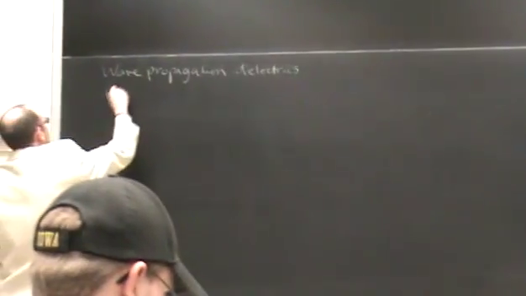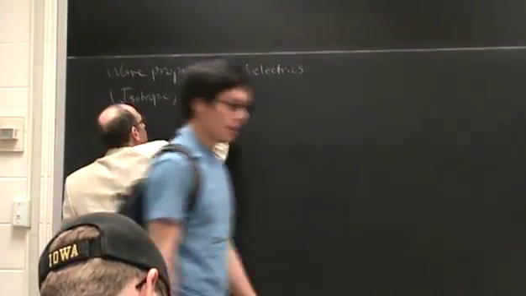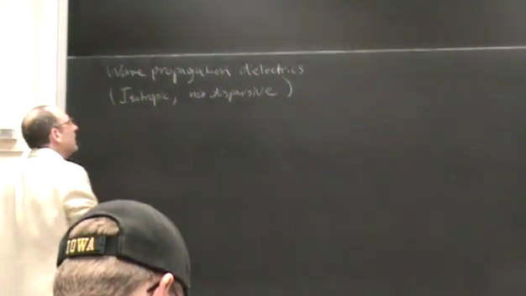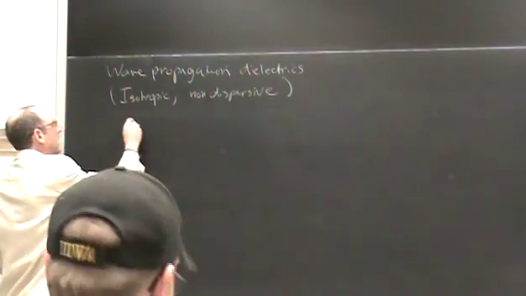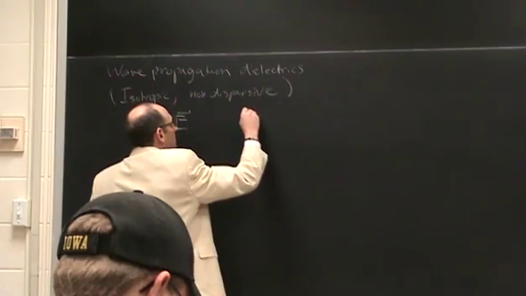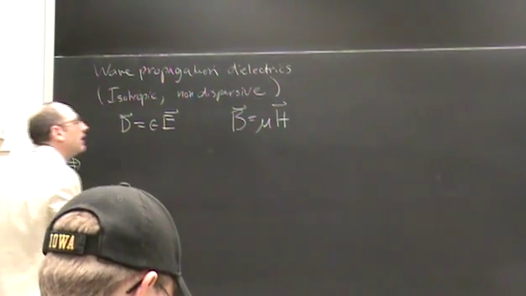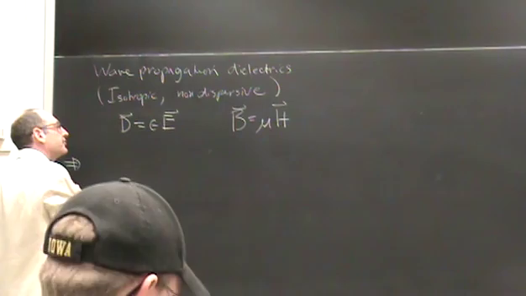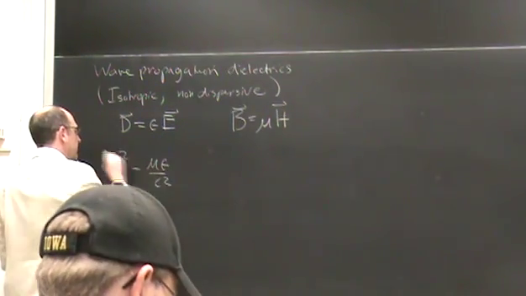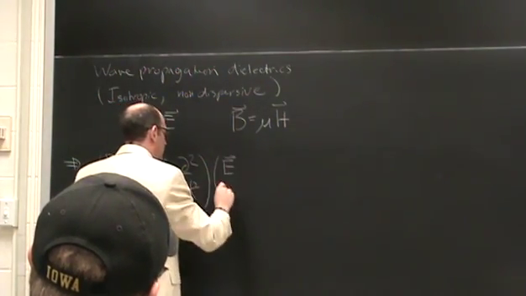Attention to the case where we had isotropic, non-dispersive media described by dielectric constants and permeability constants, so that we wrote D as epsilon E and B as mu H, and we found that with this description of the medium, we ended up with wave equations for E and H, or equivalently B and D,